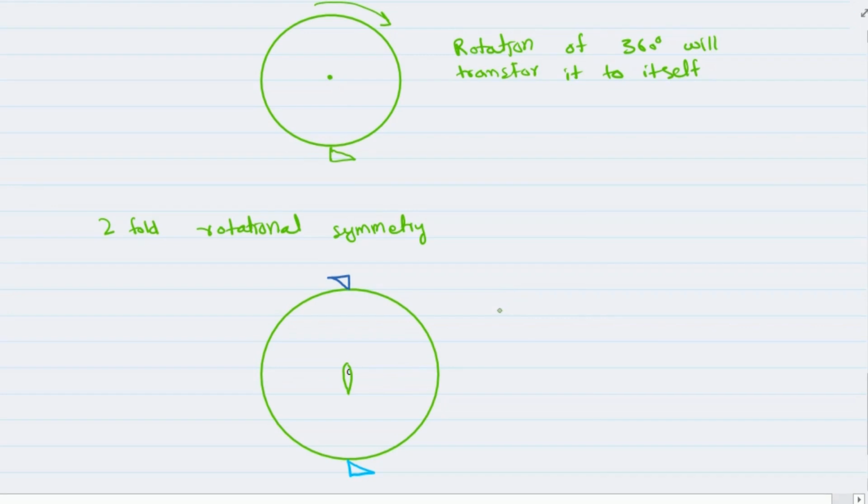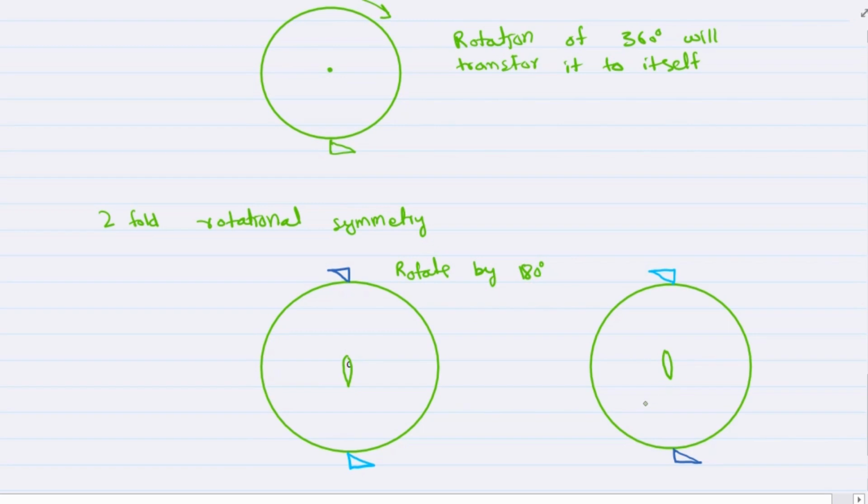So if you look at this shape, a 180 degree rotation is a must to make it symmetric even after rotation. So we should give a 180 degree rotation to this specific circle. So rotate it by 180 degrees and it will look like this. So they are totally symmetric. Ignore the colors, they are just to distinguish between the rotated one and the previous one.